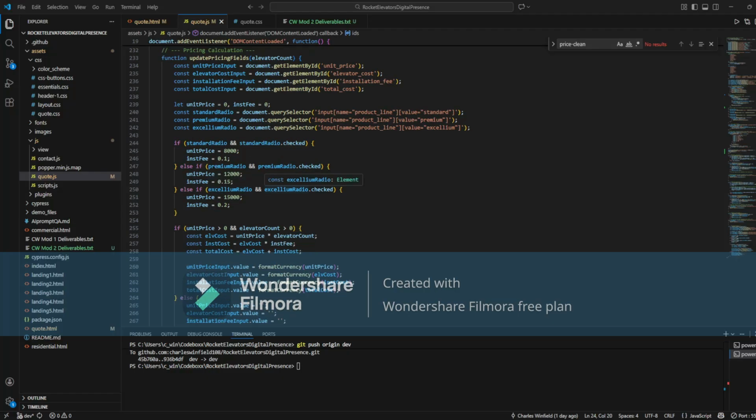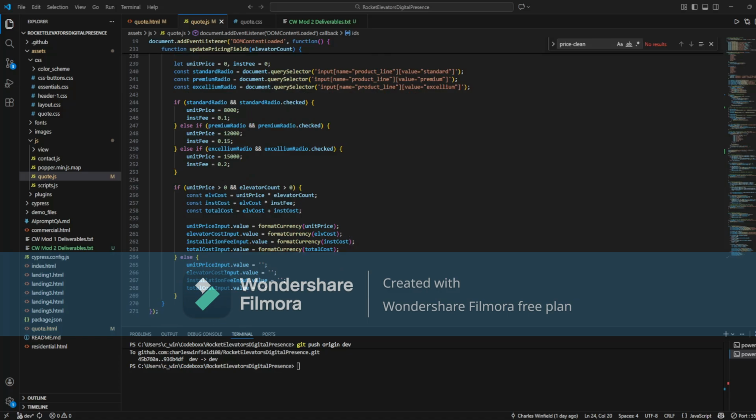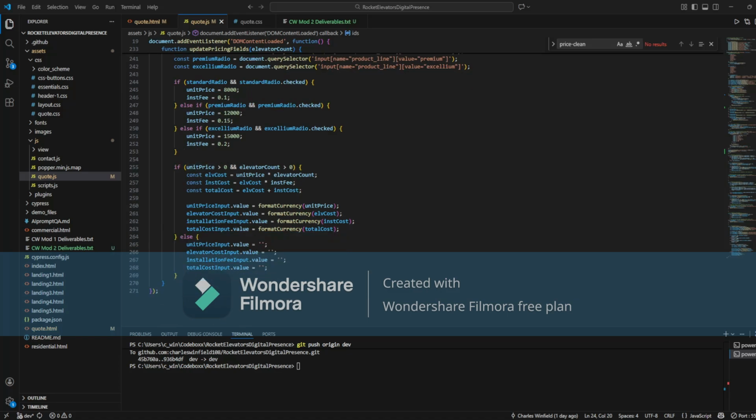Excellium radio checked, unit price is 15, installation fee is 20%. So then we run the if else statement. If the unit price is greater than 0 and the elevator count is greater than 0, then we're going to calculate the elevator cost, which is going to be the unit price times the elevator count. So elevator count now is able to pick one of the three values from the three functions that I mentioned to you above: update commercial, update